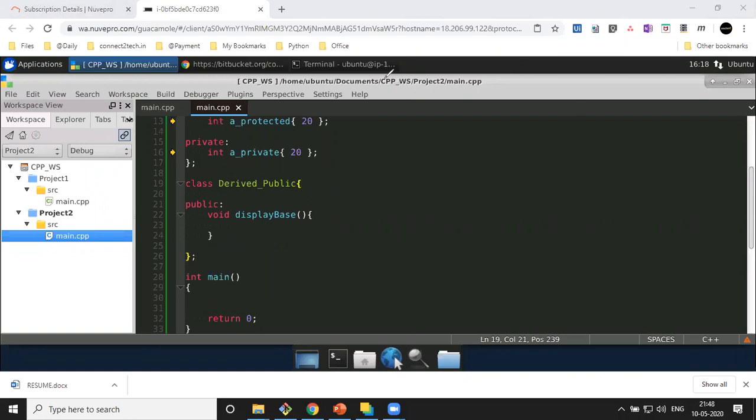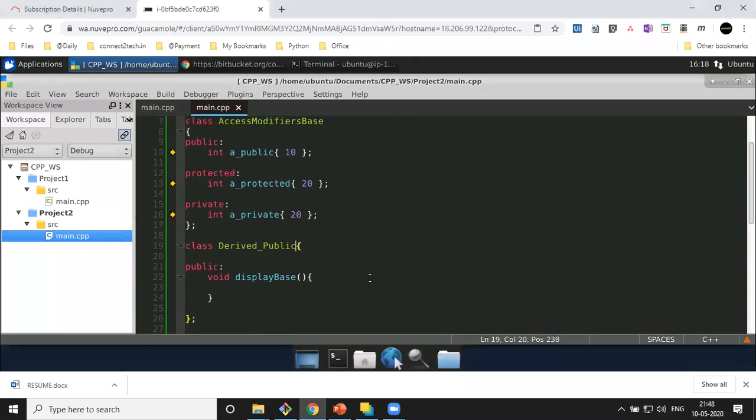Now, in order to use the concept of inheritance, or extends, as public, I'll say colon, and then I'll say public, and I will give the name of the class. So basically what is happening now is that the derived class is inheriting the base class, and I'm using the access modifier as public.